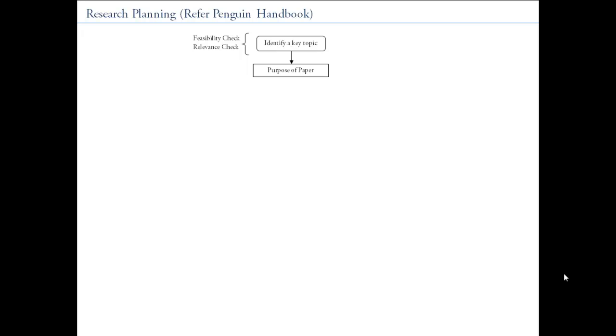When I say purpose, the things that you identify include: is your paper meant to do analysis? Analysis is typically done if you have an issue and you're taking a stance on the issue and you want to convince readers that your stance is the right one. That's when you do analysis form of a purpose. So for example, if I want to convince readers that women's rights in corporate America are not as transparent as they should be, then that's an issue, and I will use analysis to convince my readers that what I'm saying